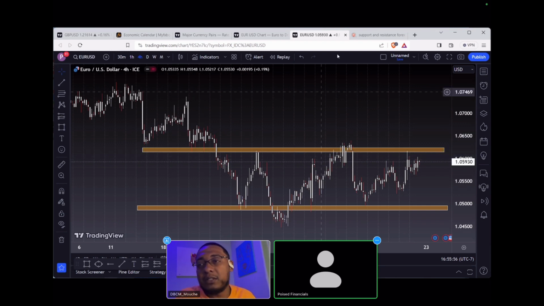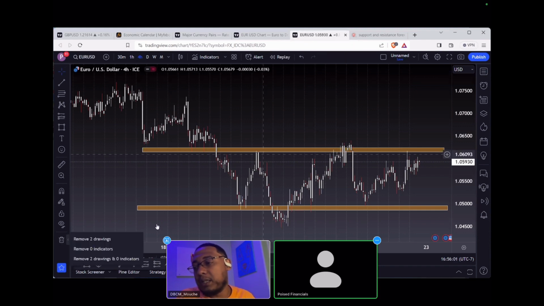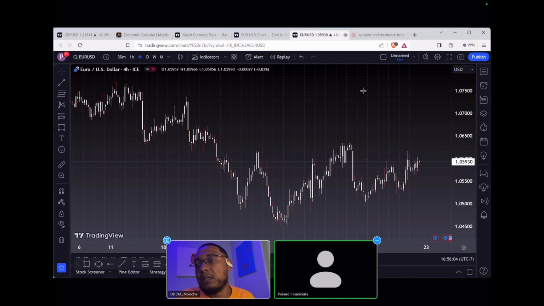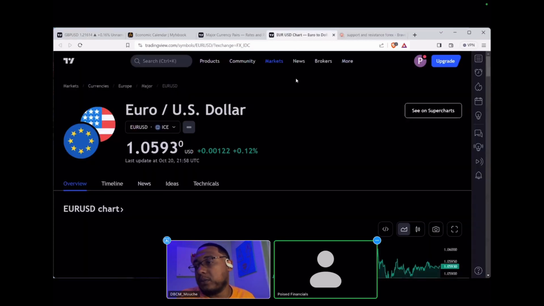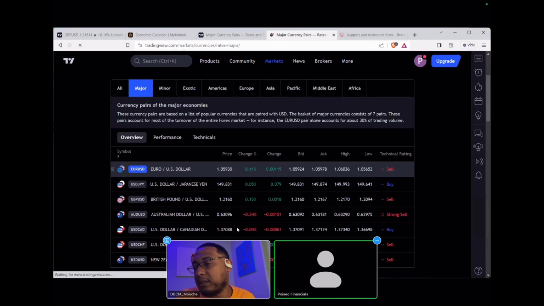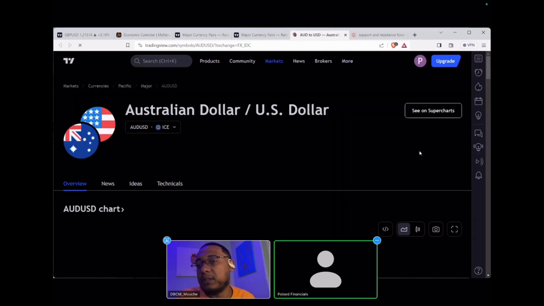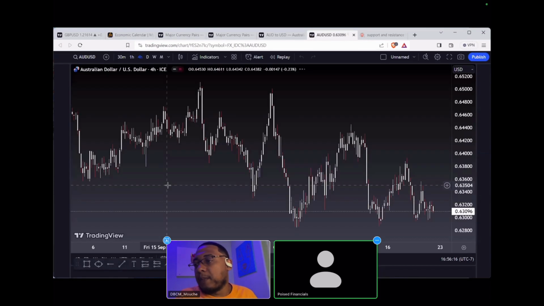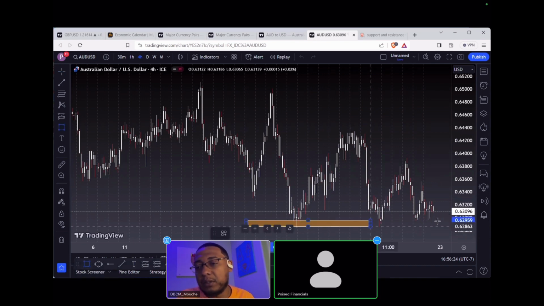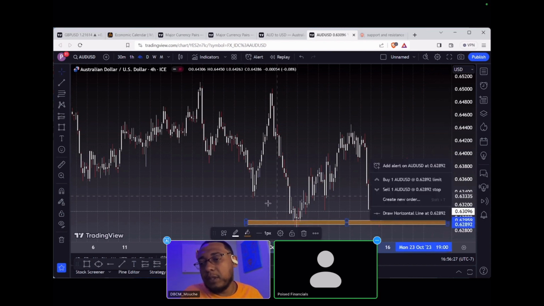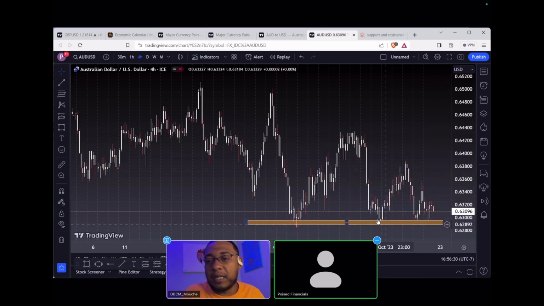And this can be done essentially on any chart, right? So we did it on Euro USD. Let's go ahead and clear the chart, right? Let's leave the chart. Let's head to majors, and we'll go Aussie USD, 4-hour chart. Once again, just trying to be as simplistic as possible, right? 1 tap, 2 tap, 3 tap, 4 tap,